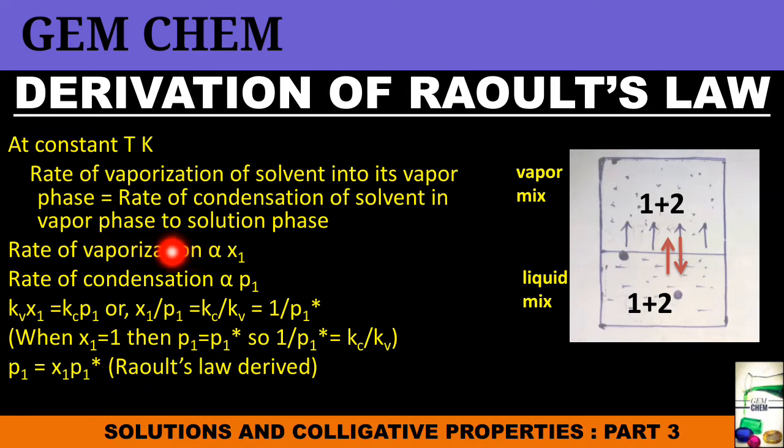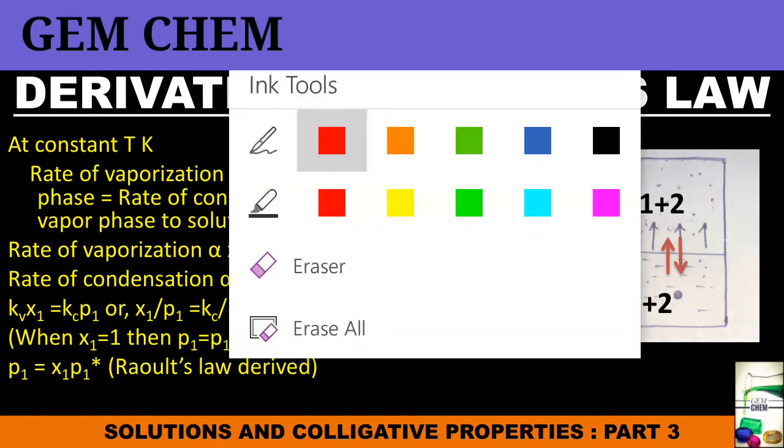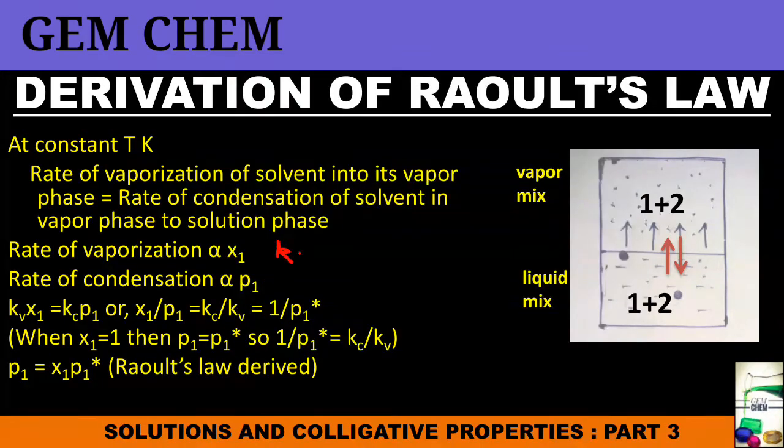Now if we consider the rate of vaporization proportional to x1, the mole fraction of the solvent, whereas the rate of condensation is proportional to P1, the partial vapor pressure of the solvent in solution, then we can write kV x1, where we take the proportionality constant as kV, and in the next case the proportionality constant as kc. Thus kV x1 equals kc P1. Now if we take x1 by P1, it is kc by kV,